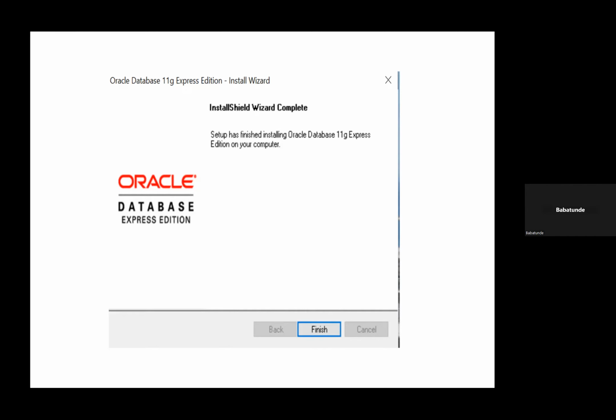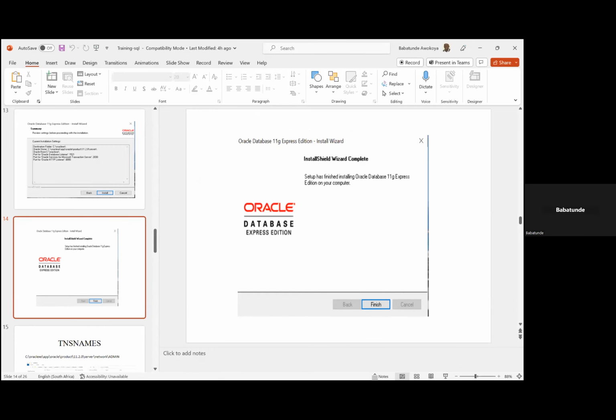Let's see how you can use it. Okay, no, it's fine. Let me go out of the slide and go to the folder where I installed it, so that you can actually see it. Then I'll come back to the slide. Okay, so if we see this, let me just